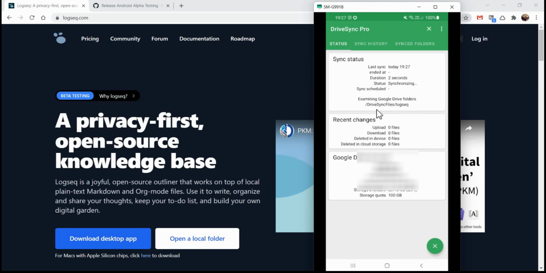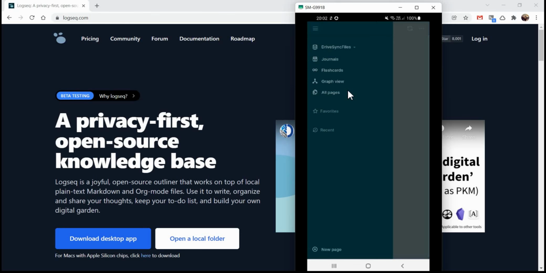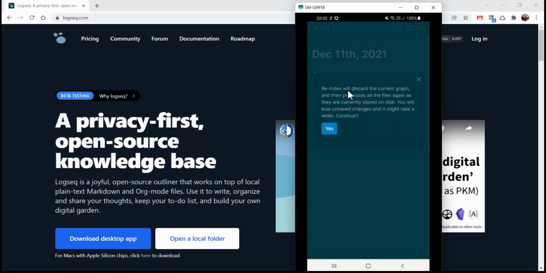And as you can see, it's syncing the files that we just copied over. Once Autosync finally completes downloading the files so that they're saved locally, all we need to do is go to the Logseq app in our file folders, and do a reindex and then click OK,